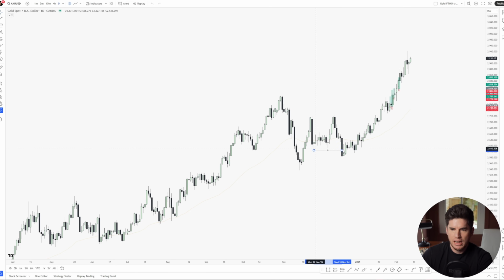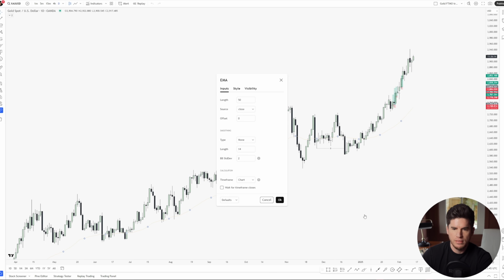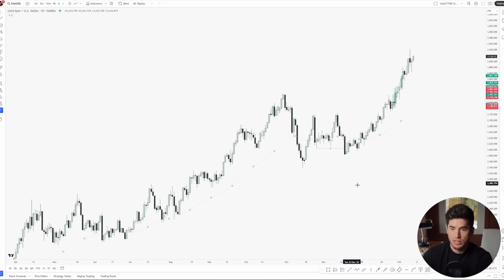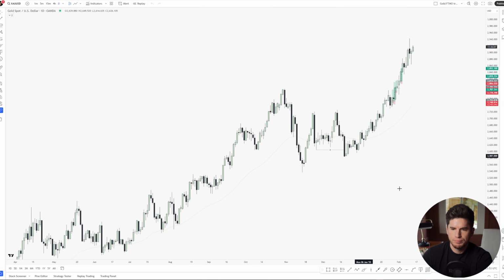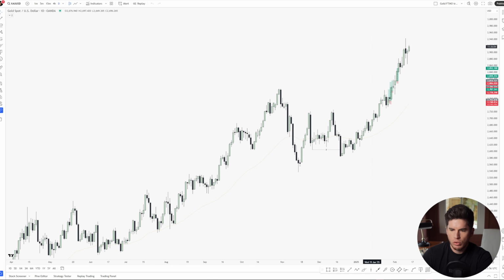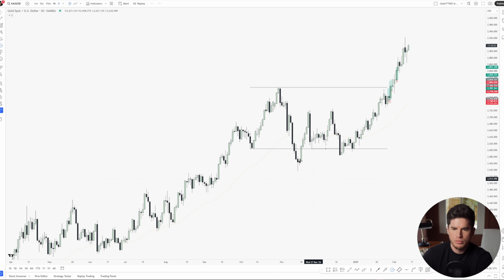So we had a run on daily liquidity. I also use, for gold only, the 50 moving average, which you can see price had pressed into. And we can also look at the daily consolidation itself. The most recent daily swing high and low had multiple times ran into liquidity again. So we had external range liquidity taken around the 12th of November, and then internal range daily liquidity, which was ran around the 18th of December.